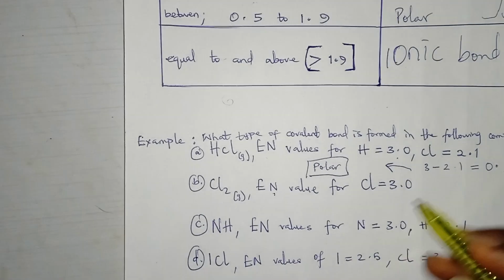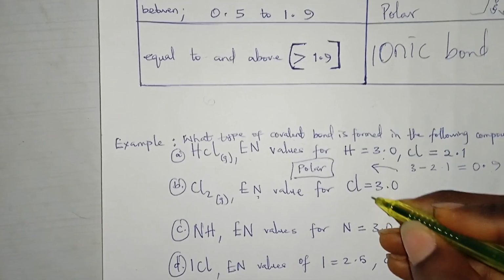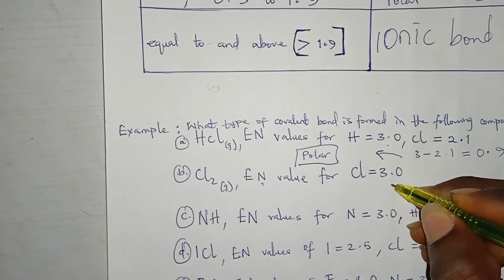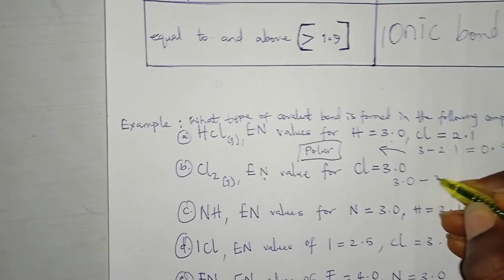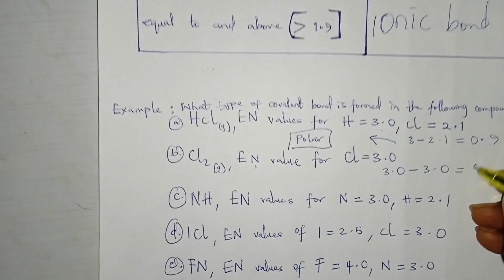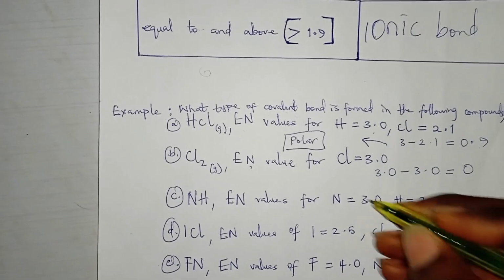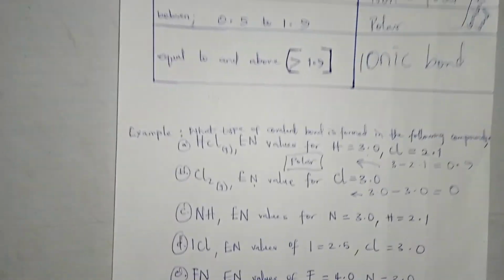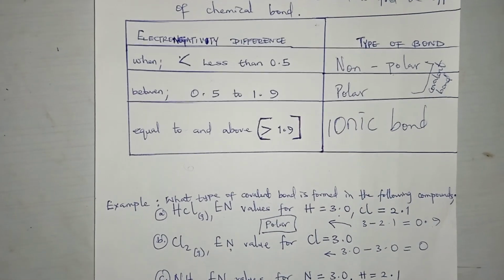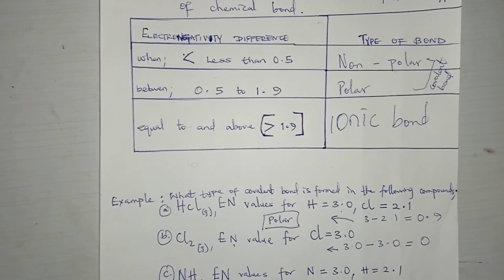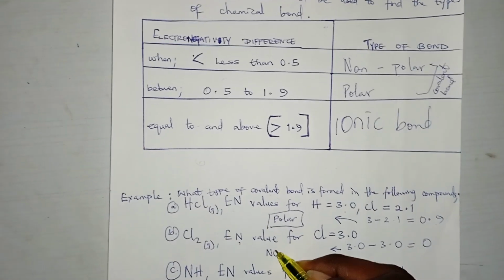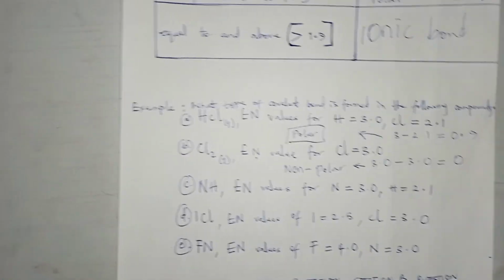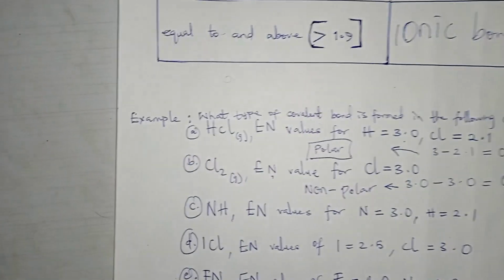Now let's move to Cl2. Cl2 is the sentinel, and they are giving us the electronegativity of chlorine to be 3.0. So this is 3.0 minus 3.0, which will give us 0. Is 0 less than 0.5? Look here. So if 0 is less than 0.5, this means that this is non-polar, and automatically, even without the values given to you,